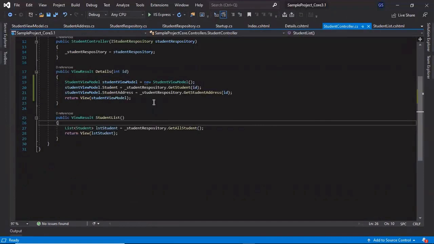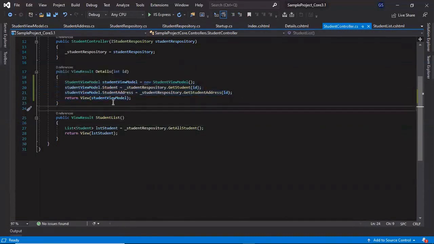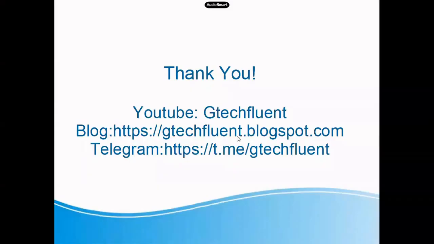Please do not get confused between the model and the view model. Both work the same way, but in some cases we need to pass a combination of model data, and in that case we use the view model. It totally depends on you how you use it in your application. But if you get this question in an interview, please keep in mind that the view model contains the multiple model information required for a particular view. So now you are able to understand what is meant by the view model in ASP.NET Core MVC.